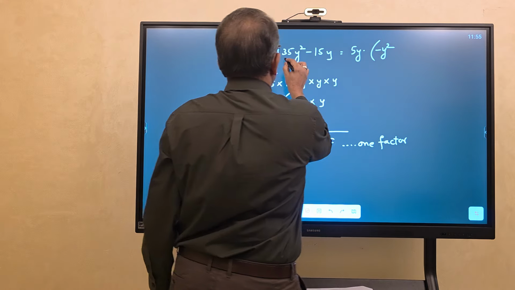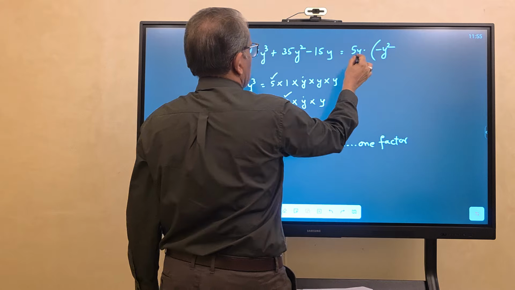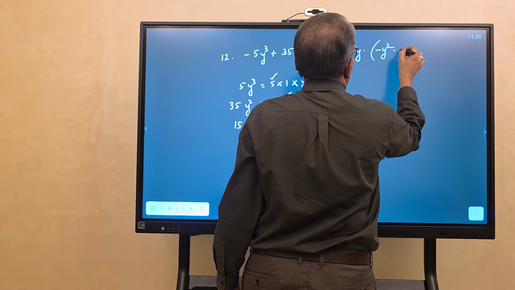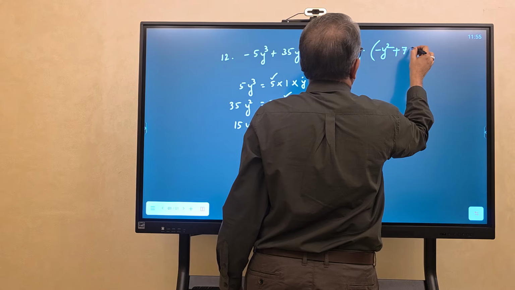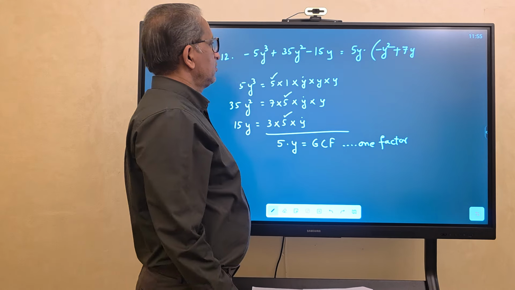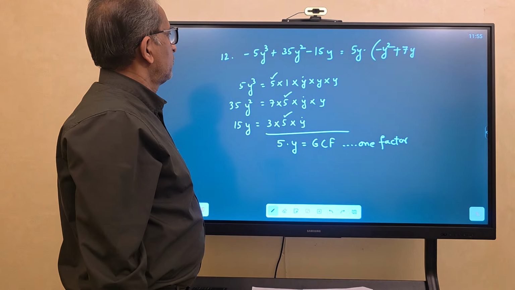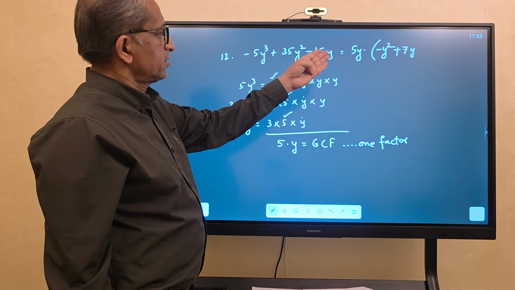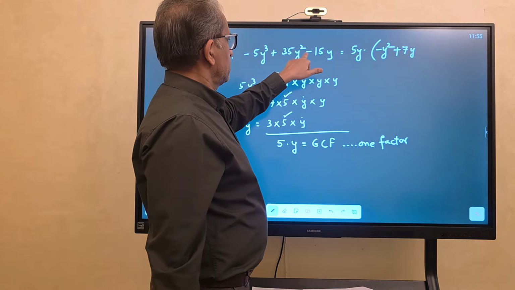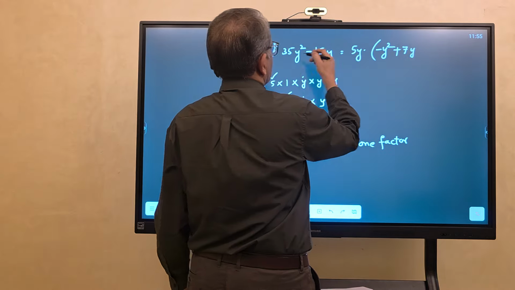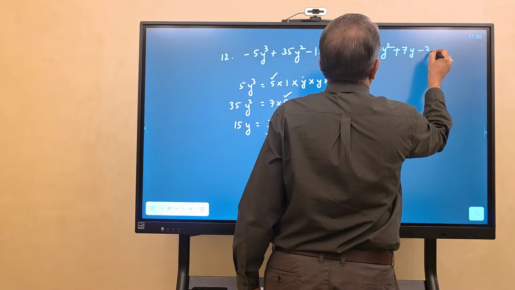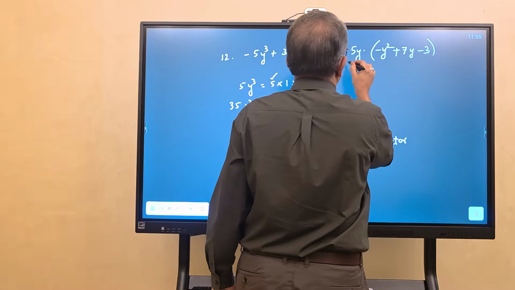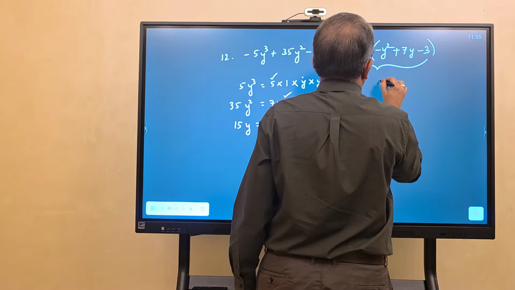Then I will take 5y from 35y square. That means it is plus 7y, because 7 into 5 is 35, and y into y square, it is plus. Next is minus. So 5 is already there, so it is 3, and y is also there. So these two are the factors